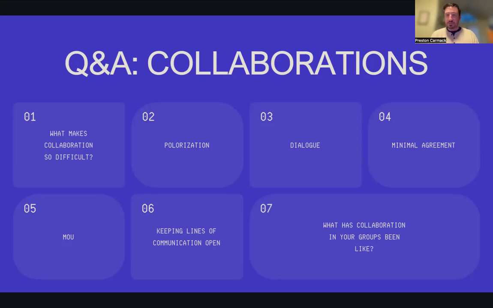Looking at all of this, what has collaboration been like in your group during this class? I'm curious. Has it been easy? Has it been difficult? Have there been moments where you've overcome challenges together? I'm curious. And especially as you're working on these big projects, what is that like doing that in a team context? How would you improve upon it in the future?